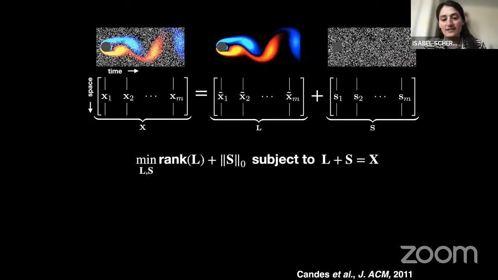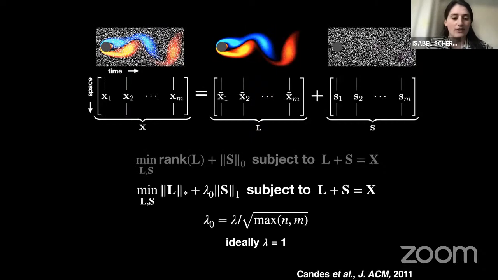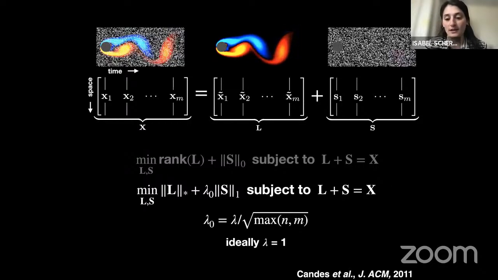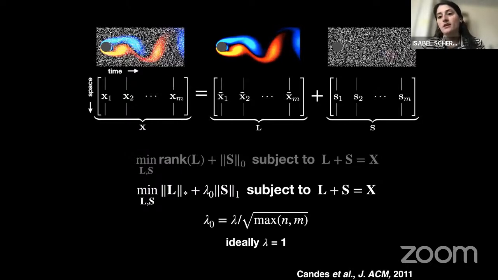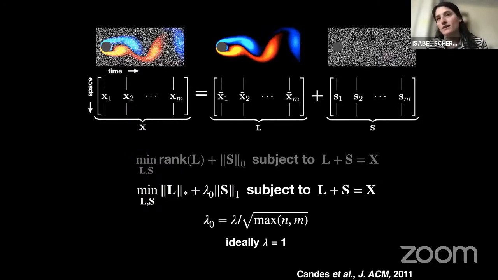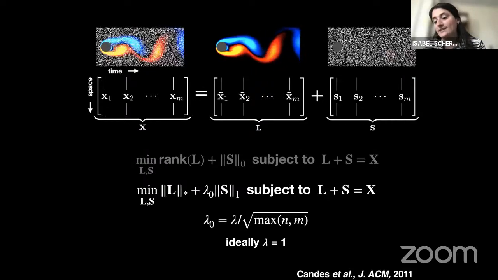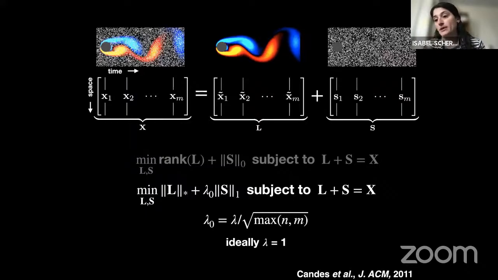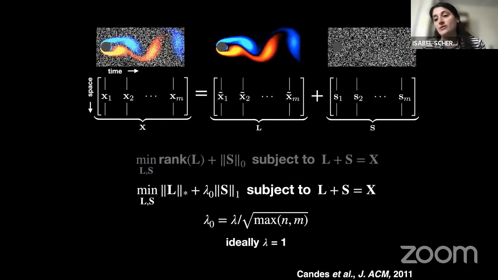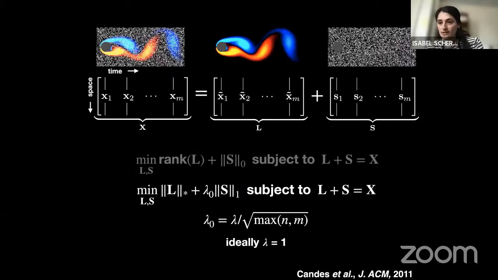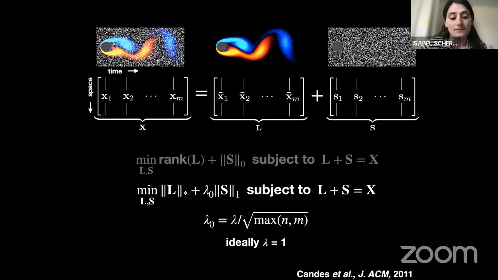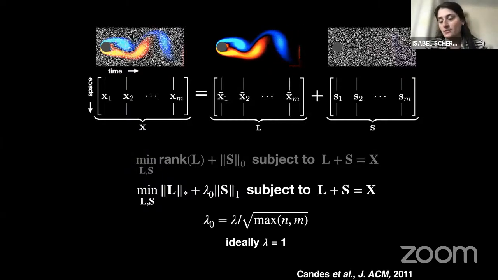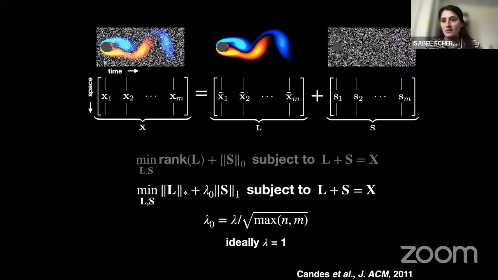Since this is non-convex, we actually relax this to the following, and we introduce this hyperparameter lambda. The hyperparameter lambda is a scaling parameter for our data set. This is because a lot of times when we're actually looking at data, it's not perfectly low rank data with perfectly sparse uncorrelated noise. A lot of times in actual experimental data, we see correlated noise, especially in the regions of interest where there are interesting three-dimensional dynamics. So ideally, lambda equals 1 as presented in the original paper, but we are introducing this lambda naught parameter as the scaling parameter.